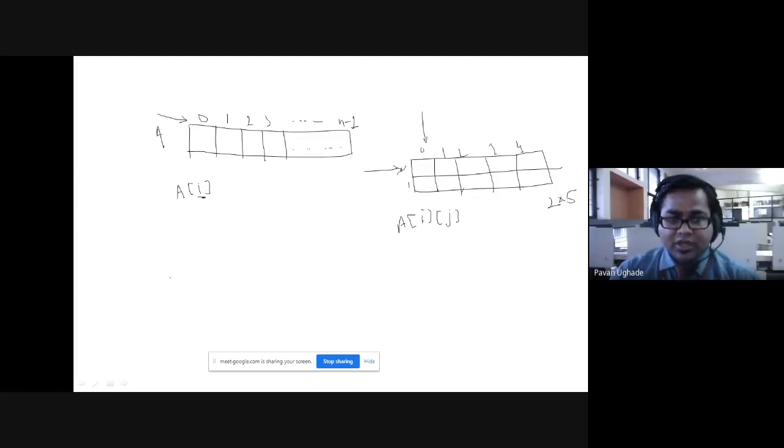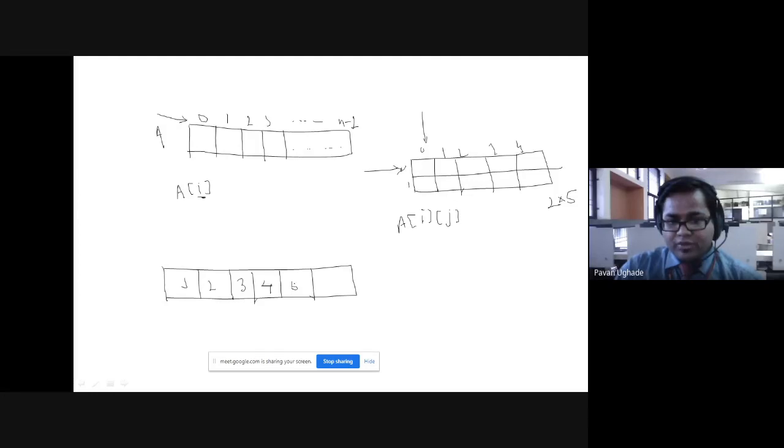Now the problem is I need to access this array. Let us assume I have certain elements in this: 1, 2, 3, 4, 5 and 6, with indexes 0 1 2 3 4 5. Let me consider the name I'm giving here is A. How to access them?